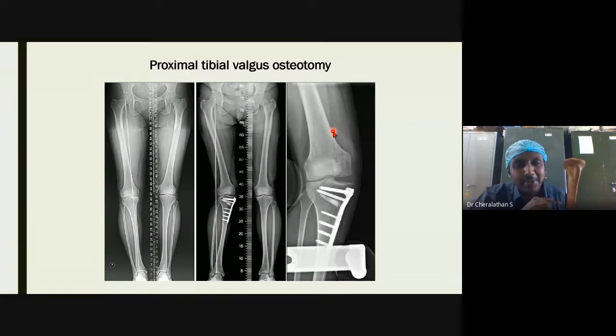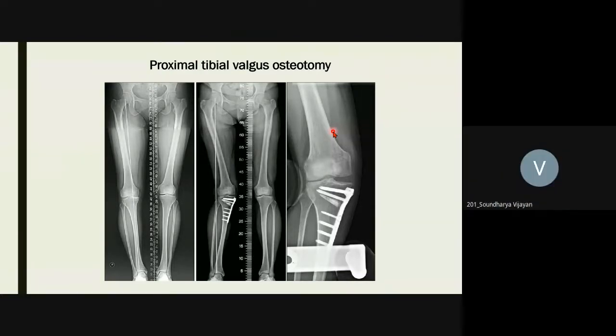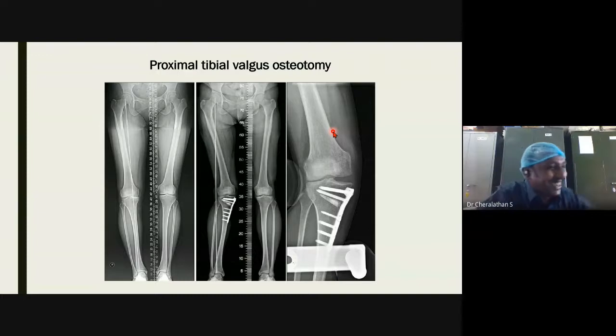Is it confusing to you? It is actually a bit difficult to understand it all by concepts. We can actually show the cuts in a bone model. If you all are interested, you can come to the skills lab which we have in our orthopedic department. You can do the cuts and try to understand what osteotomy is. Are you getting the point, or is it confusing? A little bit confusing. Yeah, I know, because I don't have any material here which I can cut and show you.